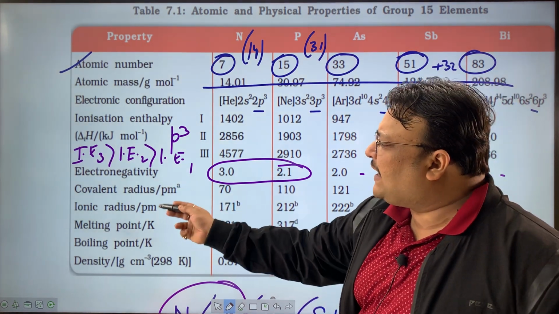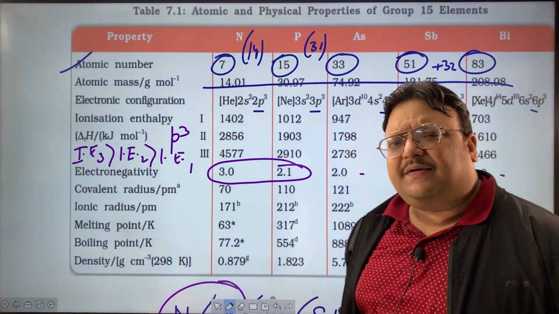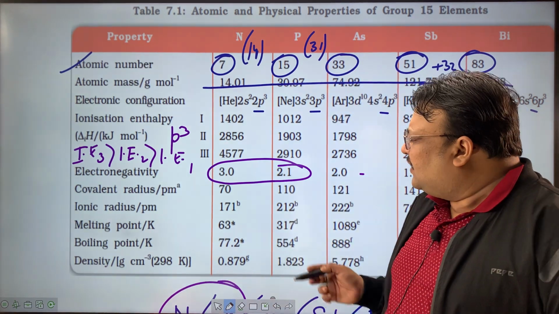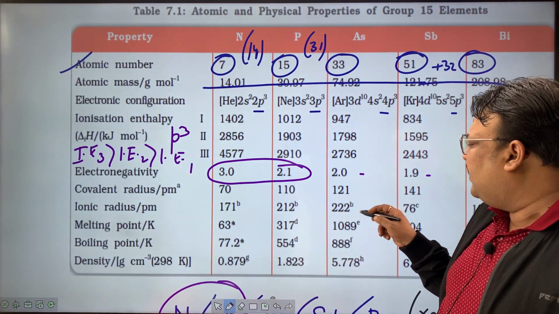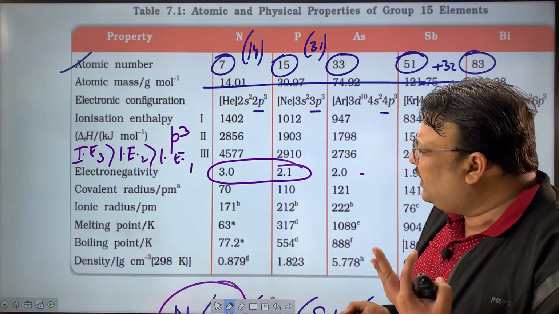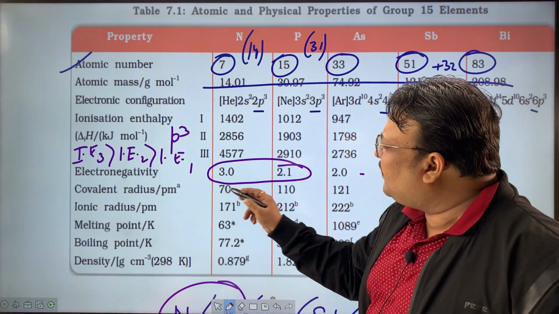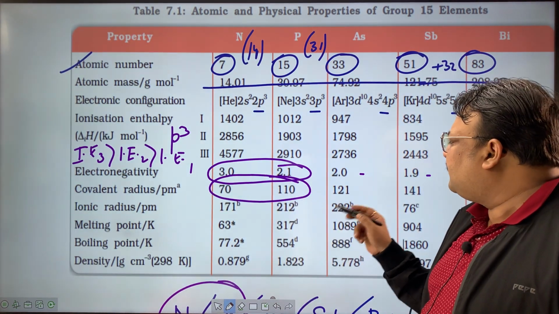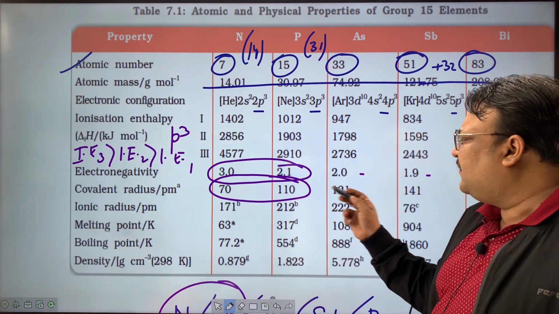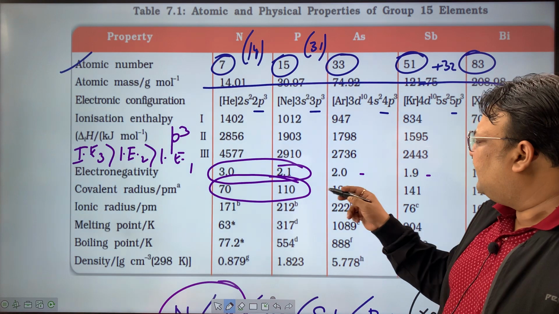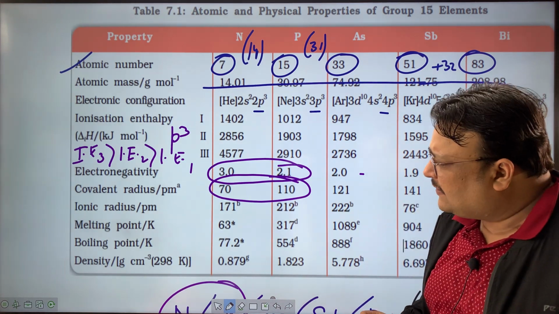Radii, covalent radii, ionic radii depend upon the compound with which the radii has been calculated. Some superscripts, you don't need to go into the details of it, would be about the most popular allotropes. Anyways, the difference is maximum between nitrogen and phosphorus here. Again, 70 to 110 is a significant difference. Then the difference is lesser, here the difference is almost 40 units. Then it's 10, 20, so the difference decreases.